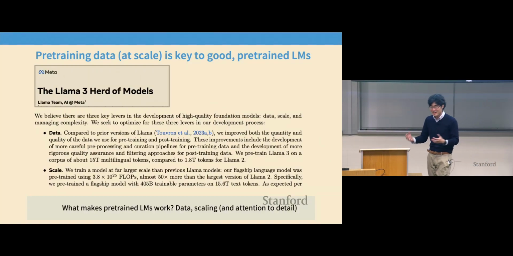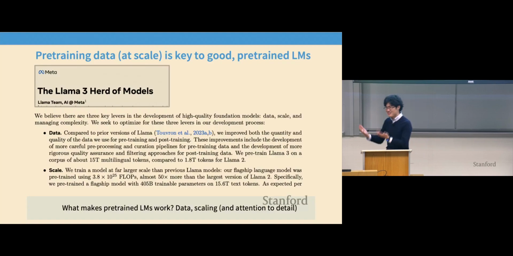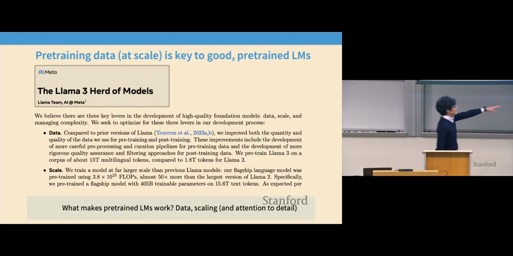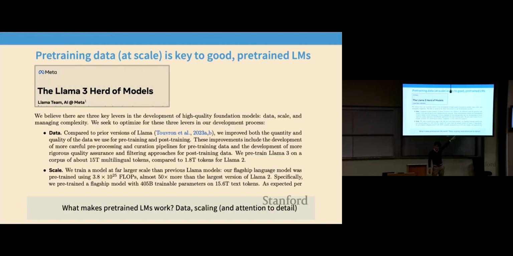It's not necessarily deep algorithmic innovation, which saddens me as a researcher. But of these three, scaling is really just get more GPUs and do the systems engineering necessary to orchestrate those. And attention to detail is, train your models in ways that don't blow up. But the variable component, the part that's, at least to me, most mysterious, is this data thing, right? Of the three pillars, data is the most unknown.